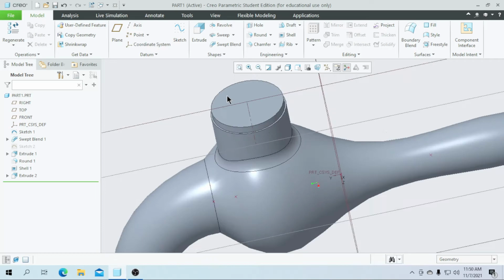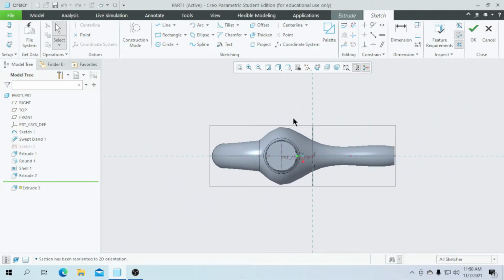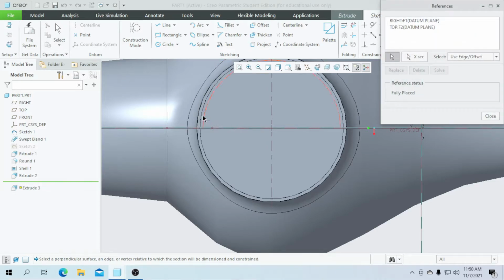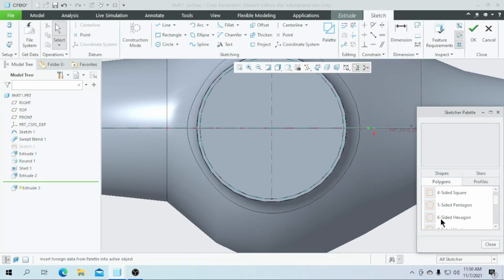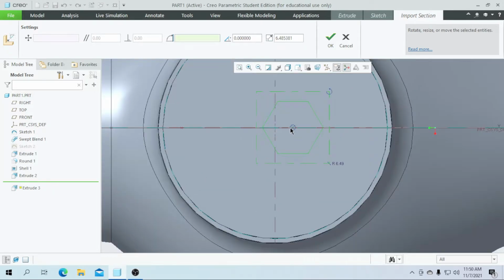So now I am going to extrude this face again. Go for the extrude, select this face and go for the sketch view. So here also I am going to make the reference for the inner circles, close it. So now I am going to import the palette as a 6-sided hexagon, place it like this and close it and drag it towards the center point as we created the reference for the inner circles and close it.